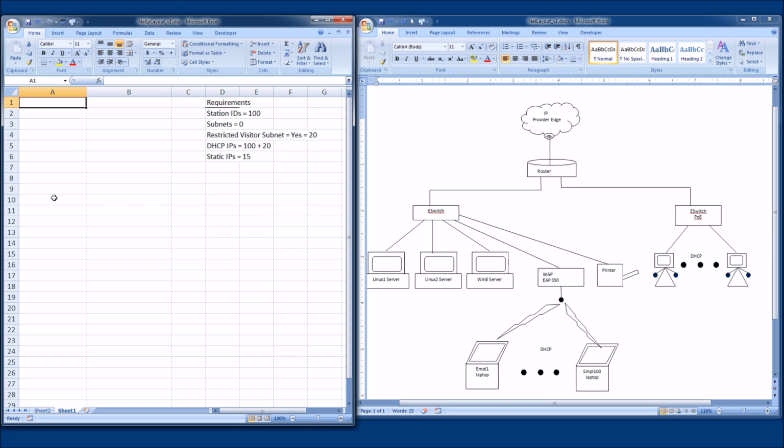This is where we're going to start laying out our IP address design. So one of the things I wanted to note, I also put the requirements in the spreadsheet right here so we could look at them while we're assigning IP addresses. I had to fire up the video to see what the requirements were. I'd forgotten them. So one thing I wanted to point out before we got too far off the drawing was